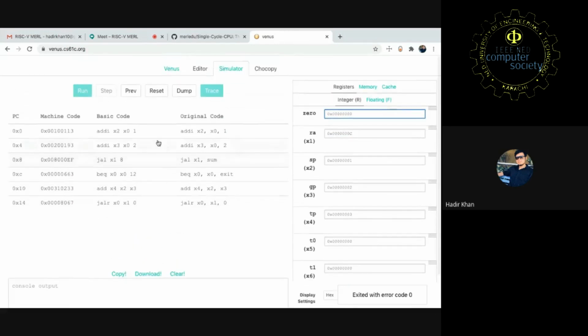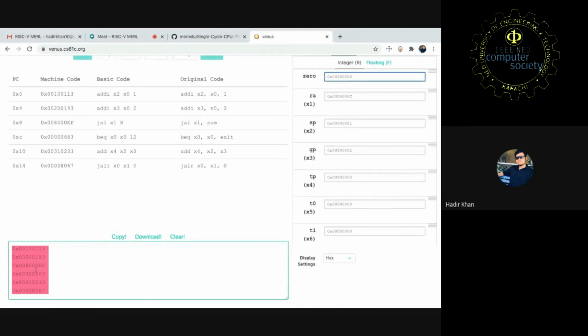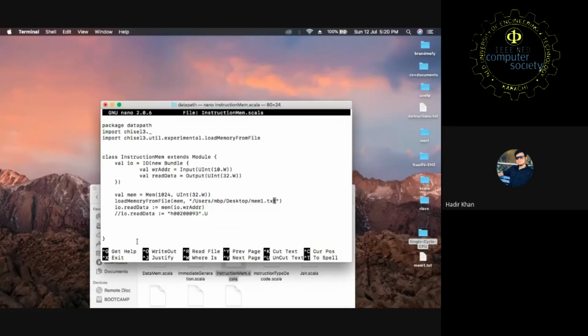Let's generate the hex file of it. So I'll press the dump button here, and this generates the whole hex file of this program. I'll copy it, and then I'll come here. Right now my file is present on the desktop as mem1.txt, which is this file right here. So I'll open it,